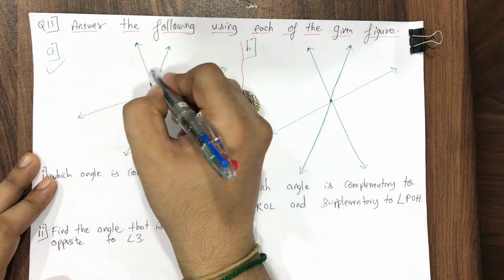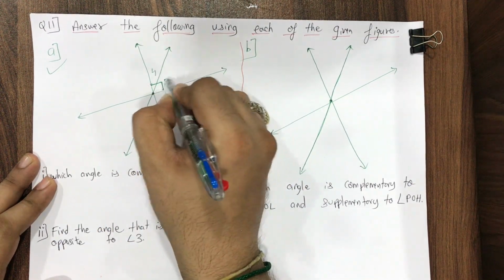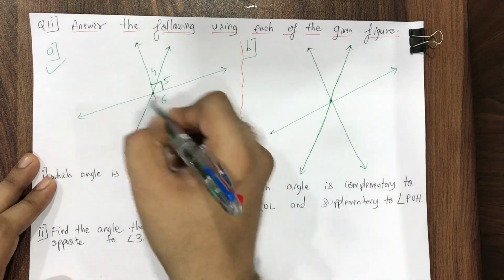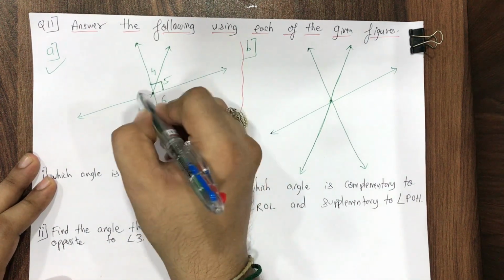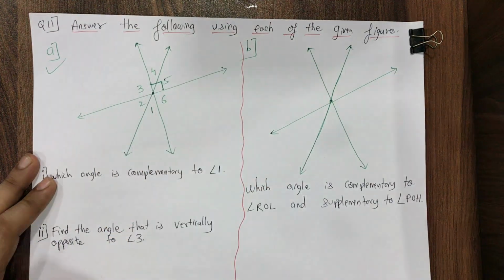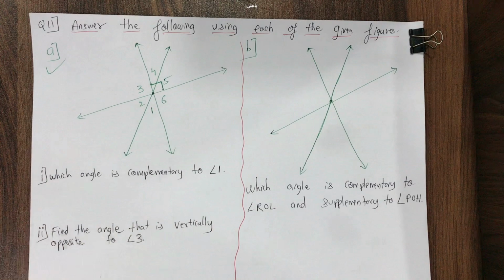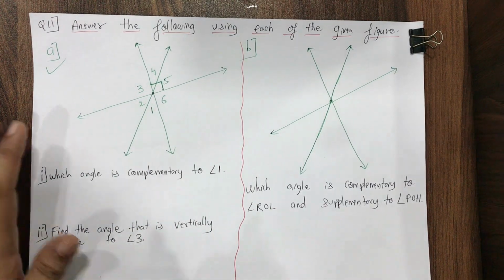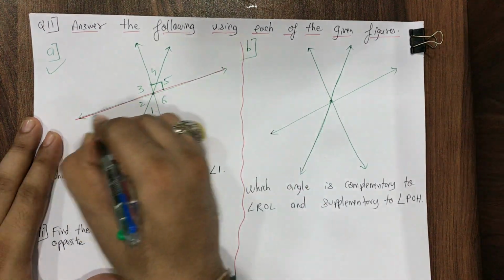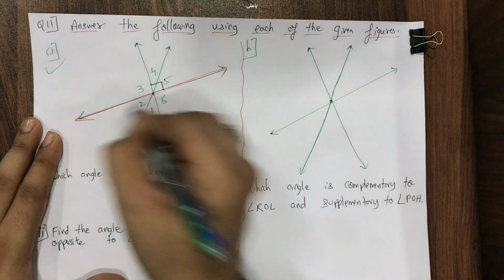Okay, and here it's written 4, 5. This complete is 6. This is 1. This is 2. Okay, this complete is 3. So it's like this: 1 2 3 4 5 6. This is mentioned to me. That's it. Now listen here, please listen here. Can I say, students, before starting with anything, I'll with the red color, if I highlight this, can you see this red color line? This is the straight line.